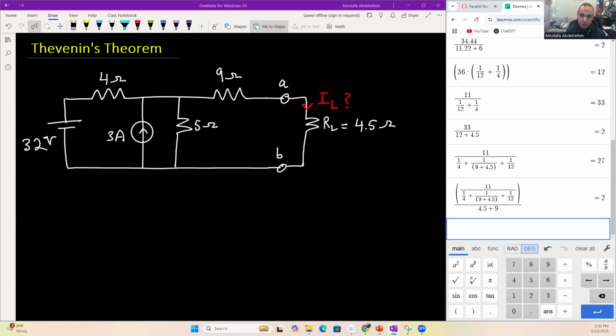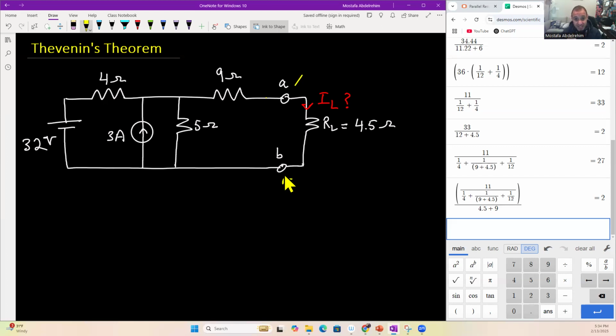It's another way to solve electric circuits, just like superposition. Of course, a different approach, and again, all of them should give you the same answer. So what is the Thevenin theorem saying? It says that if you look into any circuit between two terminals, like for example A and B in this case here,